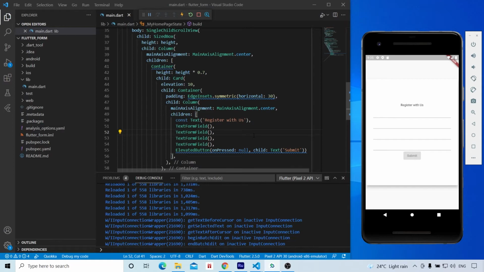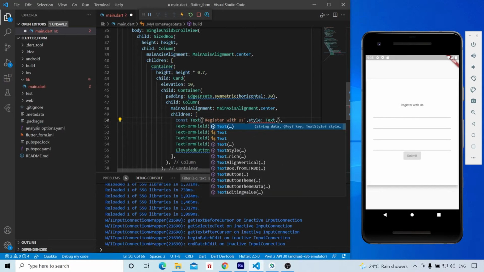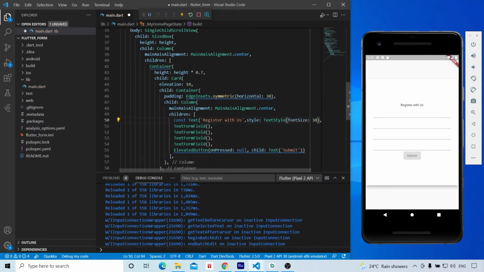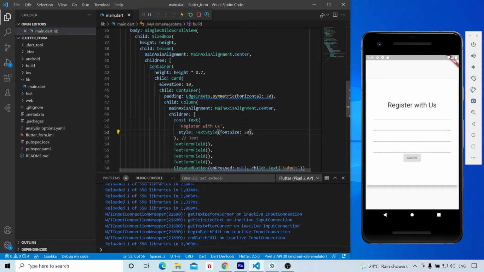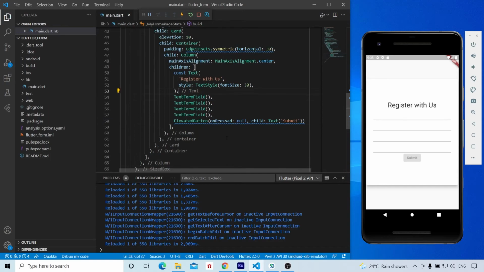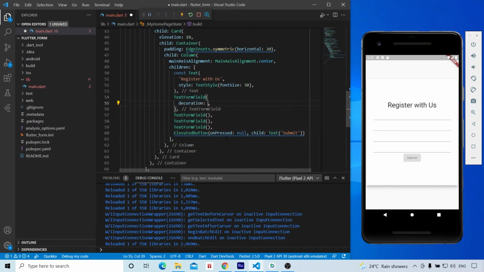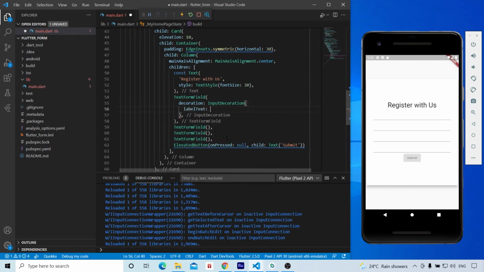Now we will style our text and change its font size. We will make it a big font size. Now we will add labels to our input boxes. Labels are added using the decoration property.